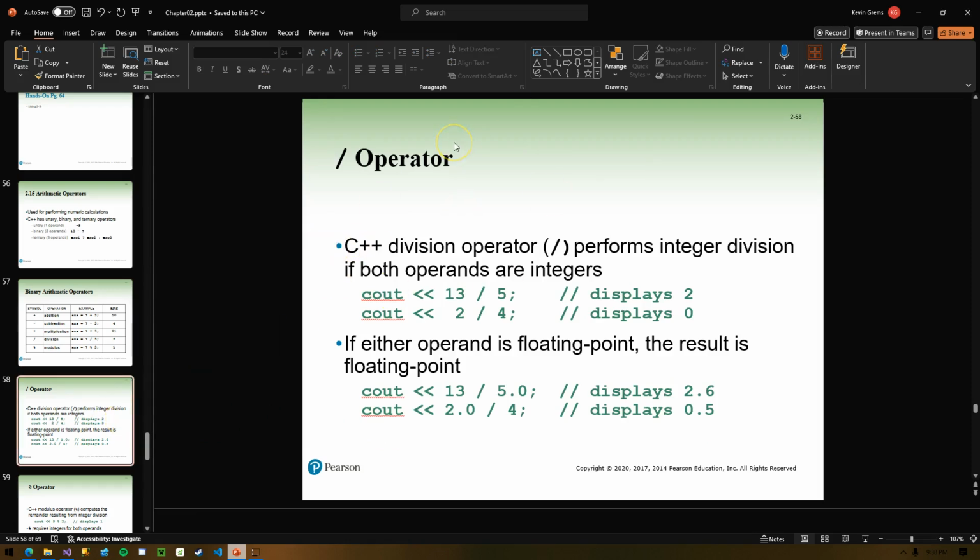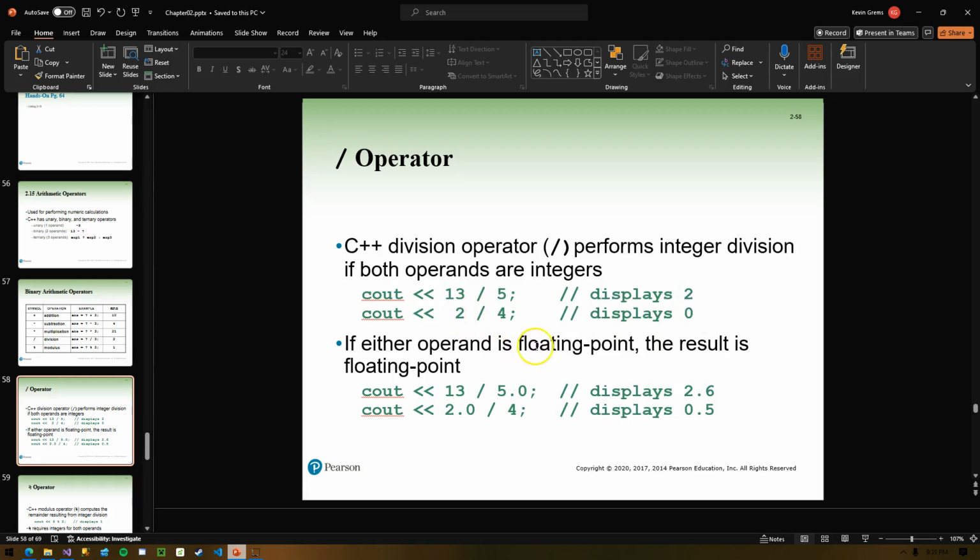All right, here's what I was talking about as far as dividing numbers and some of the confusion that surrounds that. If you're straight up dividing 2 integers, you're going to get what's called integer division. So 13 divided by 5 displays 2 because 5 goes into 13 twice. 2 divided by 4, in terms of integer division, you're going to get 0. 4 does not go into 2 any times.